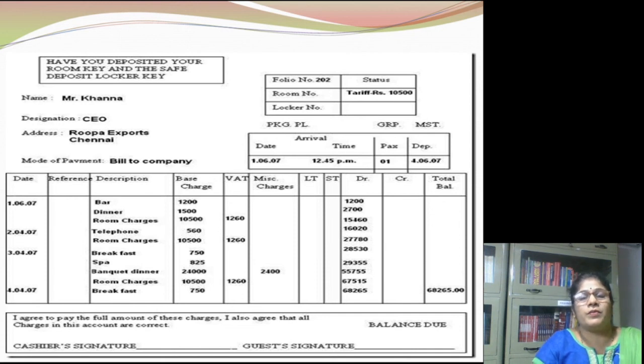So to sum it up, we came to know in today's session about 5 different types of folios which a hotel front office is using. Now in today's automation, this is all being done on the computers, and any number of folios with the unique serial number of the folio can be retrieved at any later date as and when we want it.